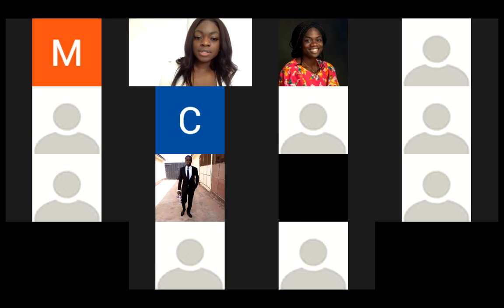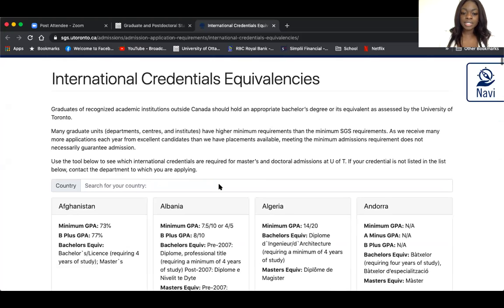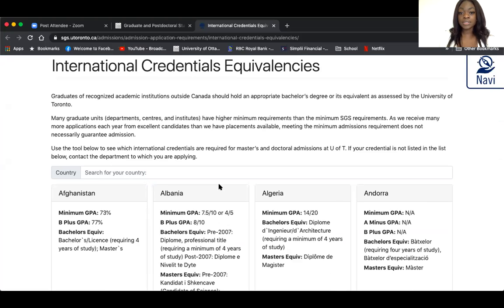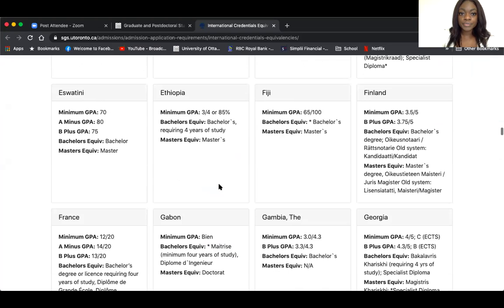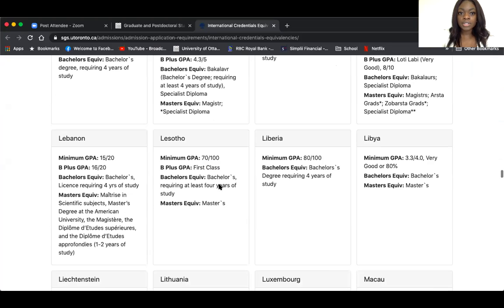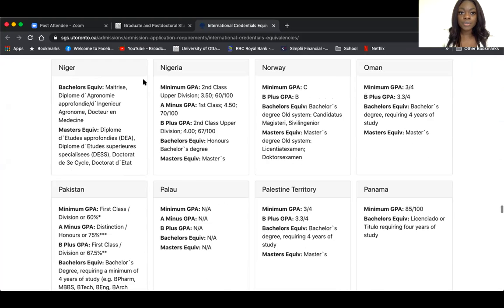So it just gives the different comparisons because every school grades differently, right? So with every school, they have different grades. So it just gives you the equivalencies, for example. So if we go down to Nigeria, we can see the equivalent of what the minimum cutoff is. So for Nigeria, the minimum GPA would be a second class upper division, a 3.5 or a 60 out of